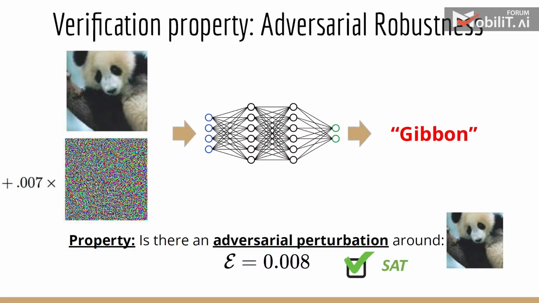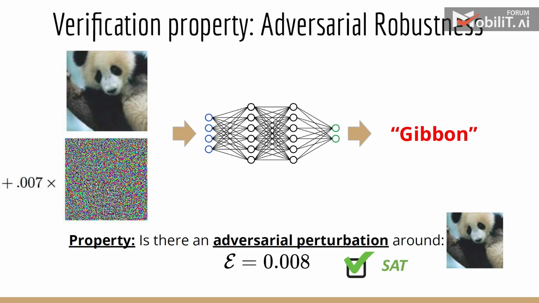We can simply encode this as a DNN verification property and ask the verifier whether there exists some adversarial perturbation under this area for this image. And if the result is SAT, then we find some specific image and some specific perturbation such that the classification can change to a different class, meaning that we formally proved that this neural network is not robust under this